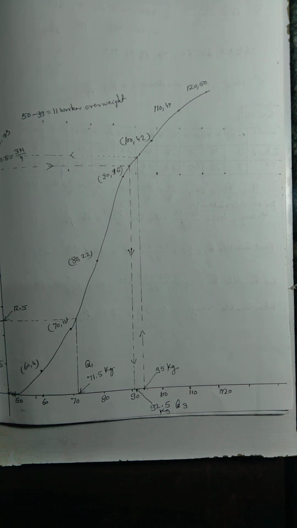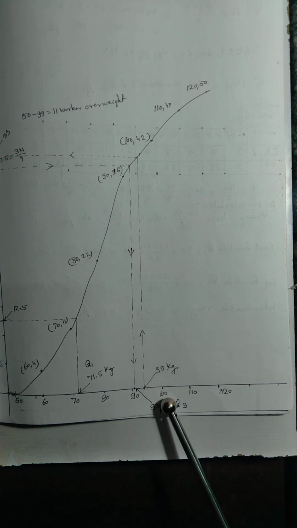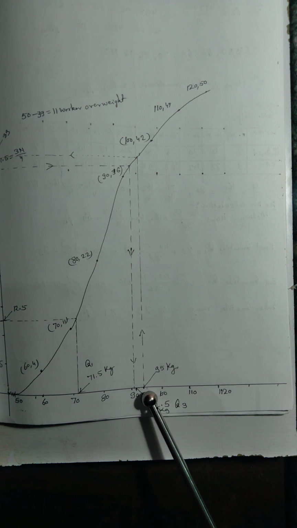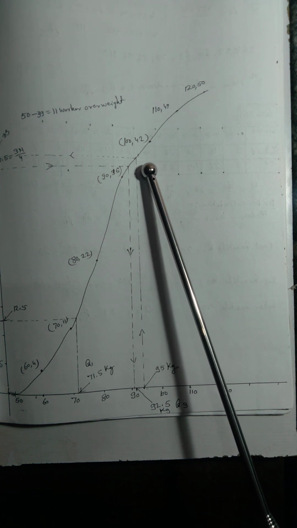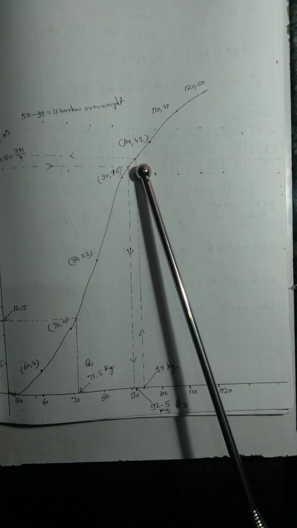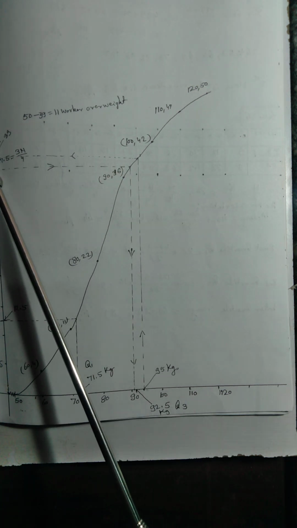Now the next part of the question is, if a weight of 95 kg and above is considered overweight, find the number of workers who are overweight. So you see, first of all we have to locate the 95. From here you see that is 90 and 100. In between that there is 95. From here you draw a line parallel to the y-axis, and from the intersecting point of the ogive, you draw a line parallel to the x-axis